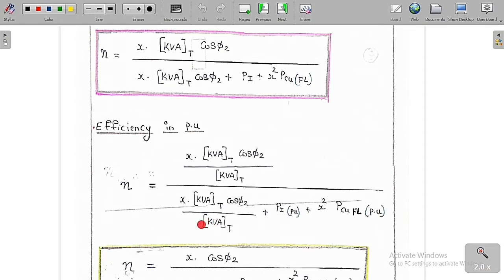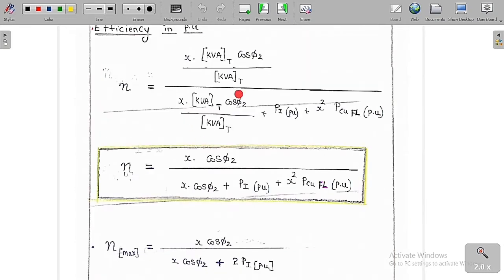So finally we get the efficiency of the transformer in per unit value, which is equal to X into cos phi 2 by X into cos phi 2 plus iron loss in per unit value plus X square times the copper loss at full load in per unit value. So this is the efficiency of the transformer in per unit values. If you know the per unit values, just substitute in this formula to get the efficiency of the transformer at